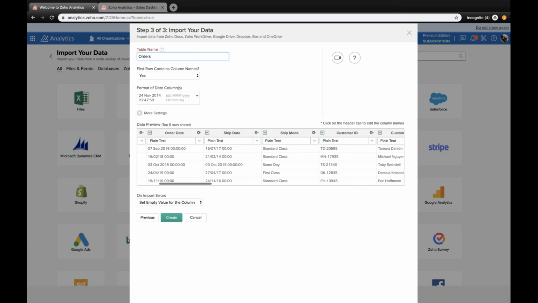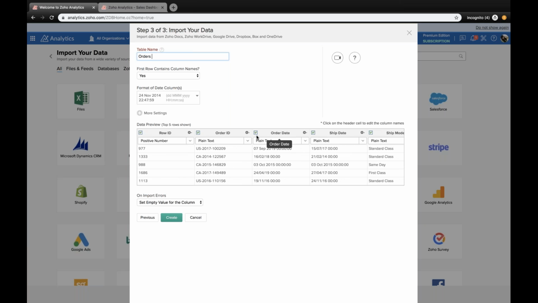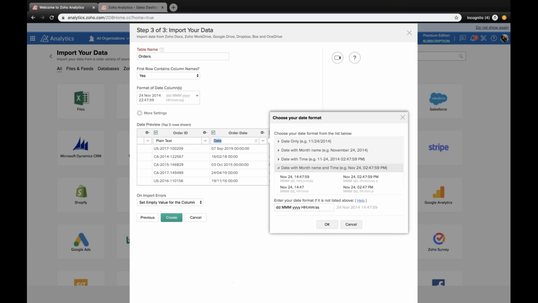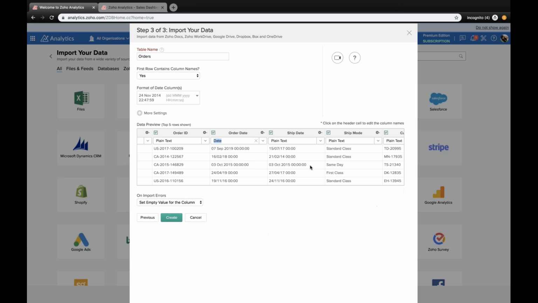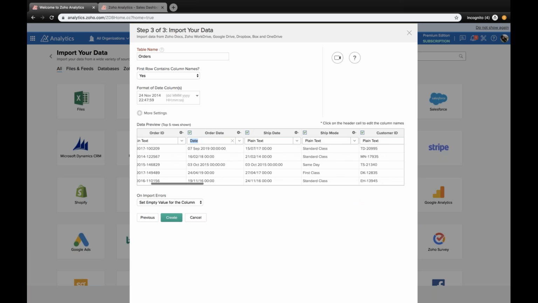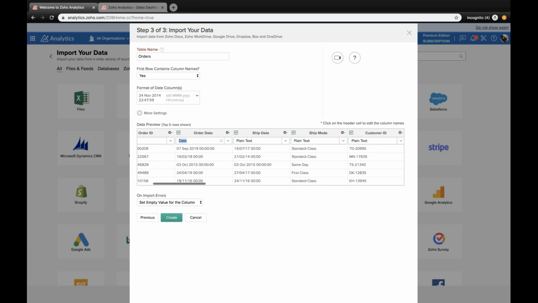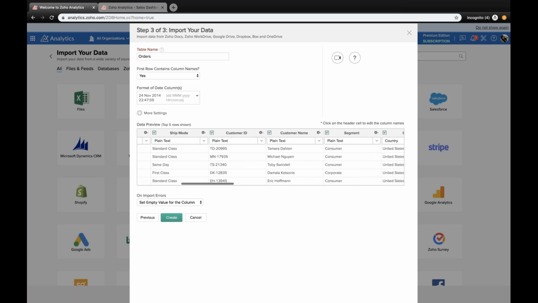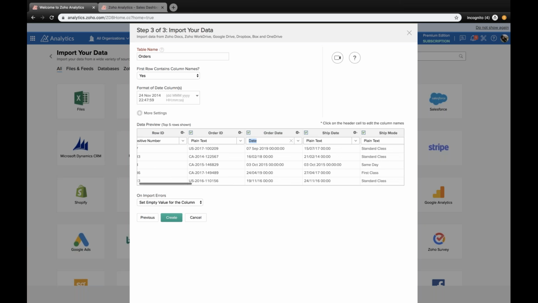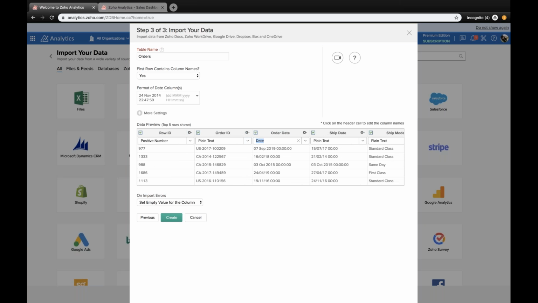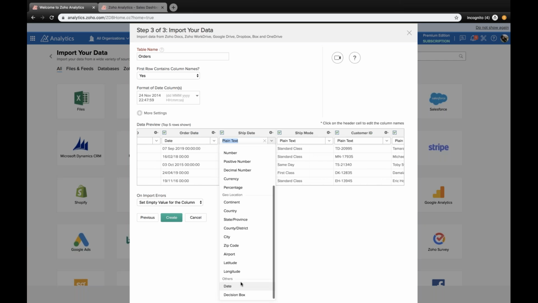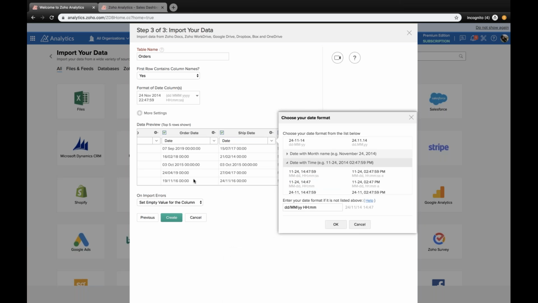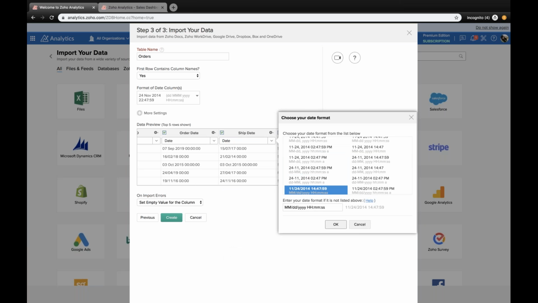data type. So if you would like to change the data type of any particular field, you can choose it here. You can also set up the format here, in which format you would like to view this data. Everything will be available here. You can choose the corresponding option, and this is going to be in the date format, so I can choose the date here. You can choose the format in which the data lies here. I have it in the form of this, so I'm going to choose this format